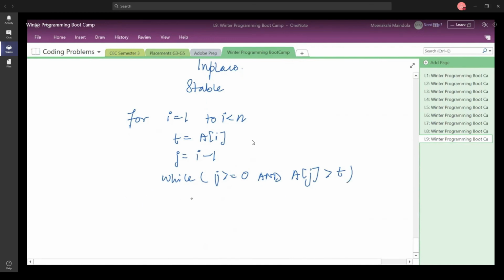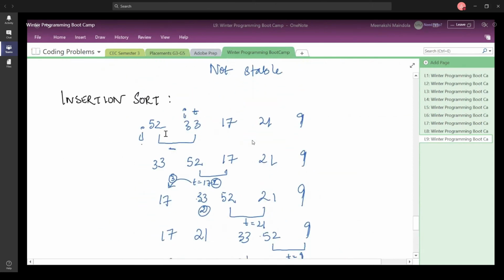Inside the loop, if this condition is true, which is that a of j is greater than the temporary variable, then what are you going to do? You are going to swap it. So first when you store 52 at its correct position, let us consider this iteration where you have 33 in the temporary variable, and for jth index you have 52.